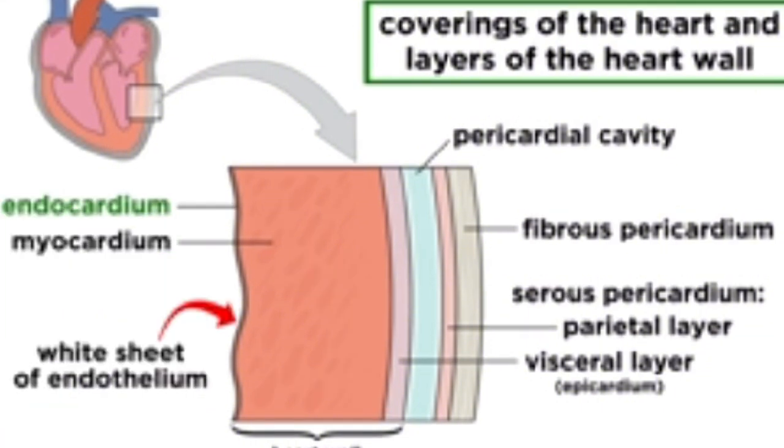The endocardium is a thin sheet of endothelium that sits on some more connective tissue, and this lines the heart